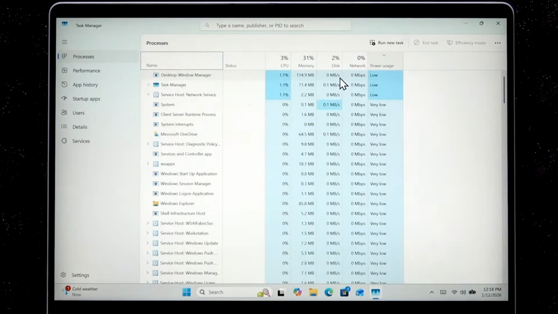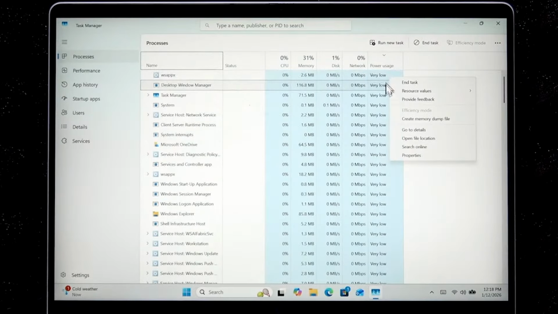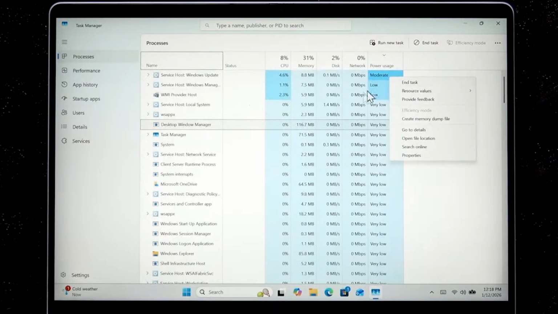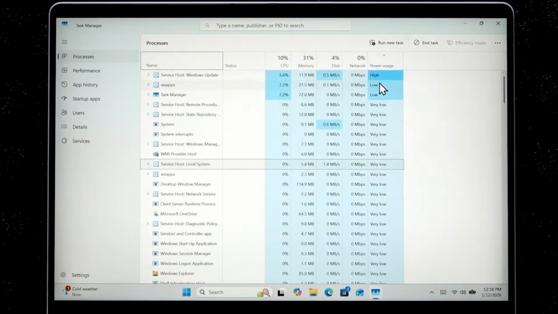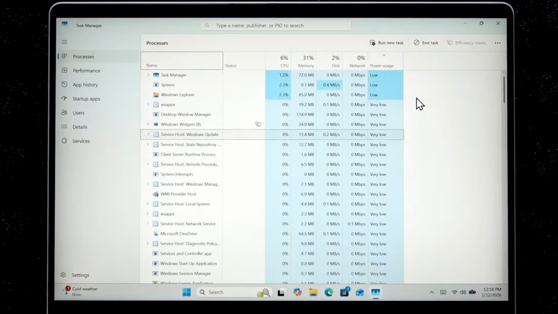And if you see that some application is using a lot of your battery power, you can disable it by right-clicking it and selecting End Task. But make sure you don't disable any system applications here. So if it's a third-party app and you know that it is, then you can safely turn it off and